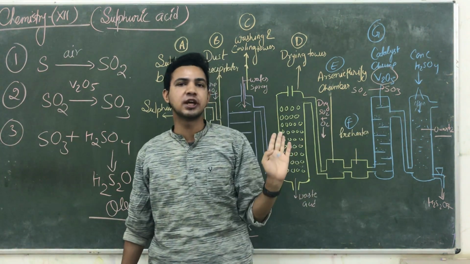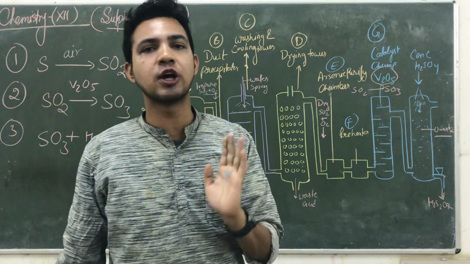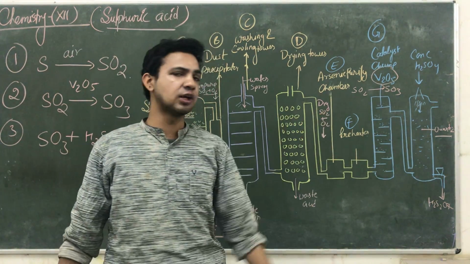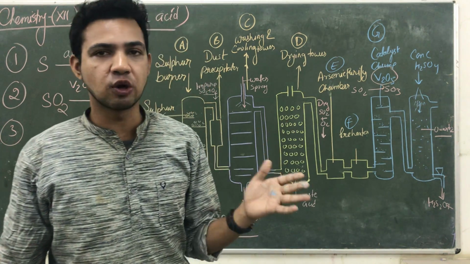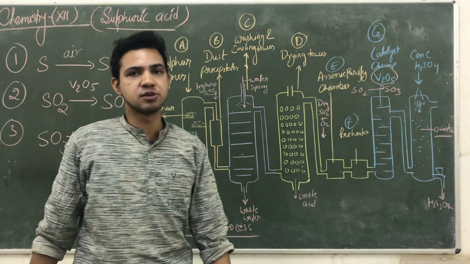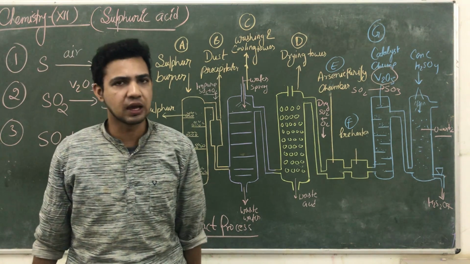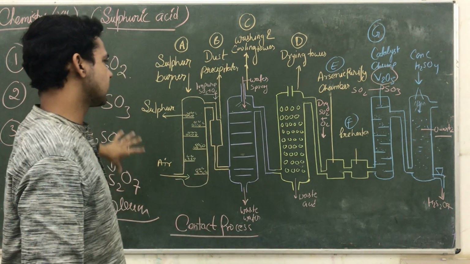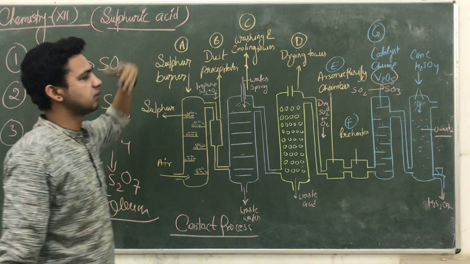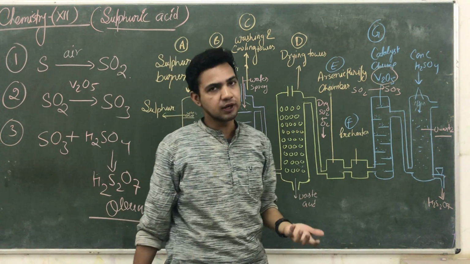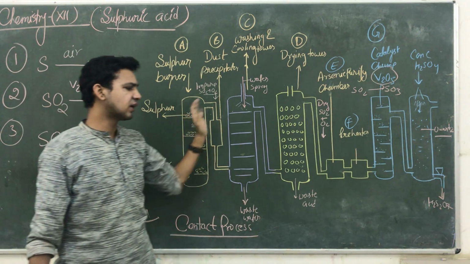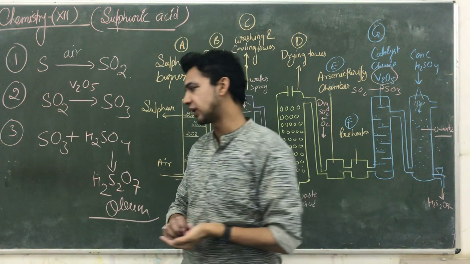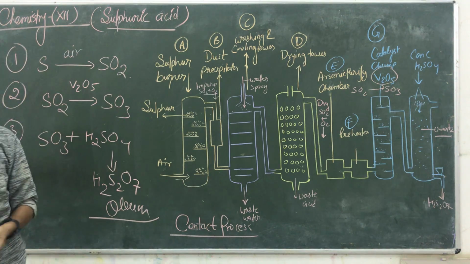Gradually we are removing the impurities available in sulfur dioxide, and then in the second last chamber we convert this sulfur dioxide into trioxide, and we get a large amount of sulfuric acid. So these are the preparation steps of sulfuric acid. Sometimes it comes for 3 marks, and sometimes the diagrammatic presentation is for 2 marks. So these are the diagrammatic presentations of sulfuric acid. But next we are working on its preparation.